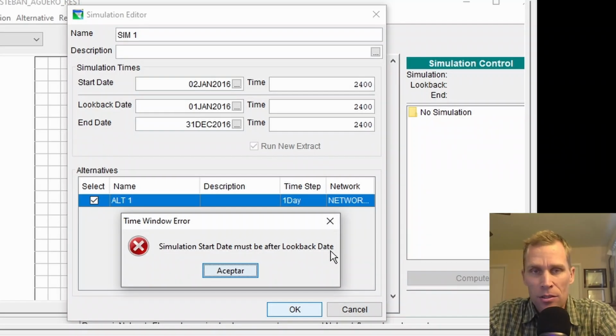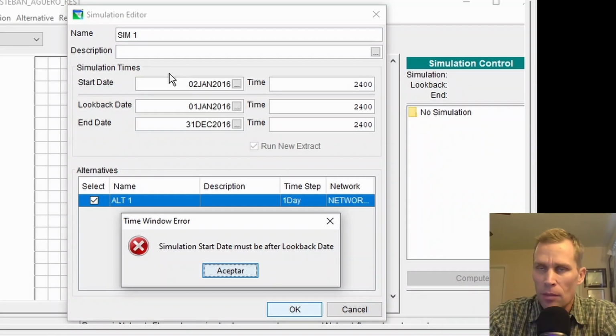Now, if that's the error message you get, the first thing to do is check to make sure that your simulation start date right here is indeed after your lookback date. And as you can see in this interface, that is the case. However, the user still got this error message. So what gives, right? Once you've made that check, the solution that some users have found